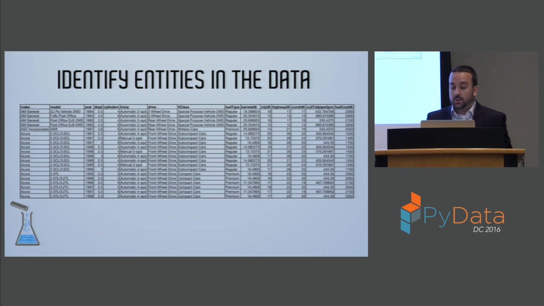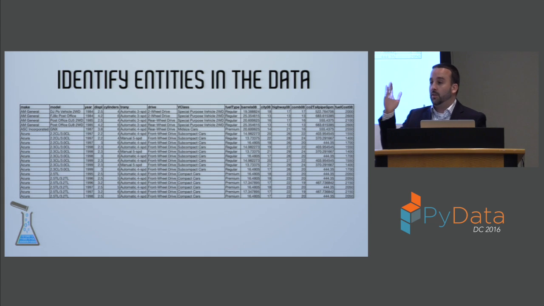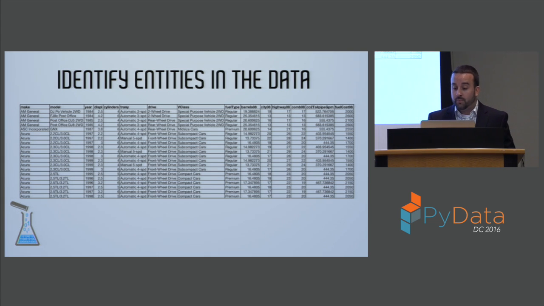All right, so the next step is to identify the actual entities that are in our data. And so what exactly do I mean when I say entities? When I refer to an entity, I'm talking about the individual analyzable units that are in a data set. In order to conduct the analysis, the entities must be distinguishable from one another, right? A human or a computer needs to be able to look at them and say, this is one, this is another, etc. And finally, entities usually have a hierarchical structure where they're usually able to be aggregated into the system or the higher level entity that they belong to. And so now that we've defined this, let's take a look at the entities in our data set.